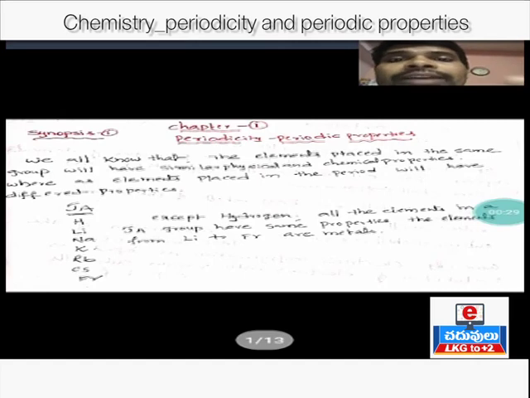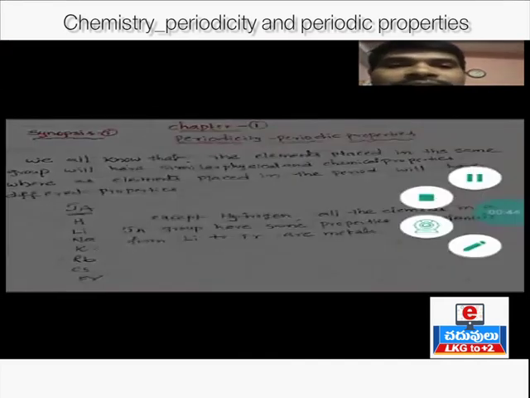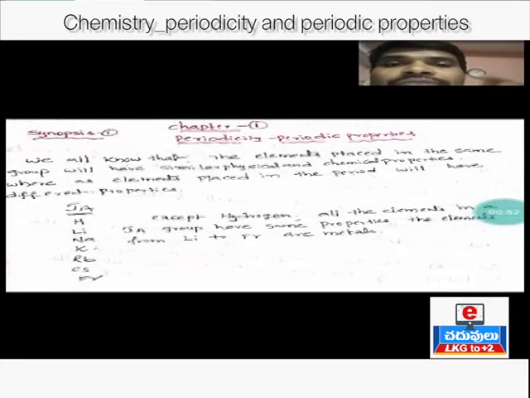To understand periodic properties more clearly, you need to remember the group elements and period elements present in the modern periodic table. We have seen very clearly in the previous class what the groups and periods present in the modern periodic table are. Clear? Students, I request you all to remember the different groups and periods, which is very useful to understand the properties of the elements.